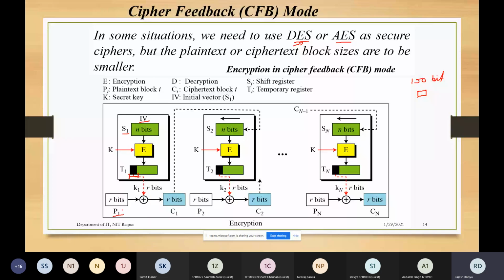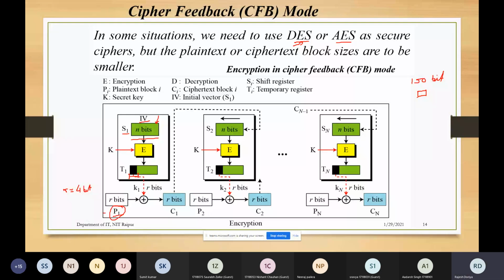The point to be noted here is that the process of encryption is being done on some initial values which have been considered earlier, not on the plaintext directly. So it is up to us for how many bits we want the security of this algorithm, and this algorithm can be anything. It may be DES, it may be AES. So let us say if you want to perform the encryption for 4 bits at a time, then in this case R is going to be 4 bits.